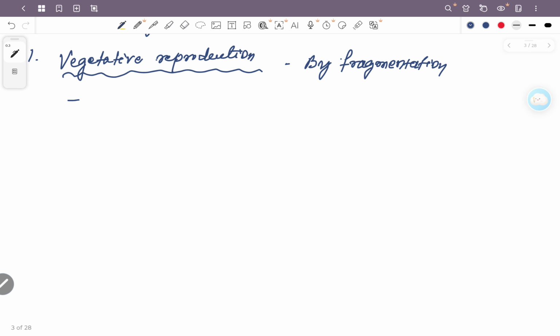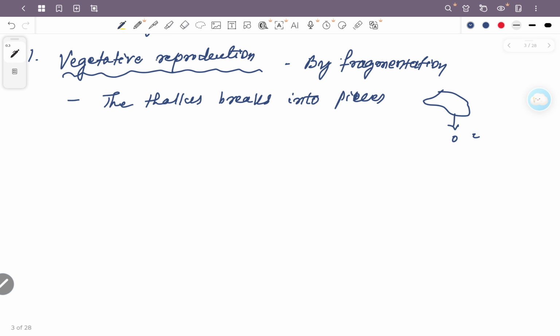In this process, the thallus, meaning the undifferentiated body, breaks into pieces. Suppose this is the thallus, then it breaks into pieces and each fragment develops into